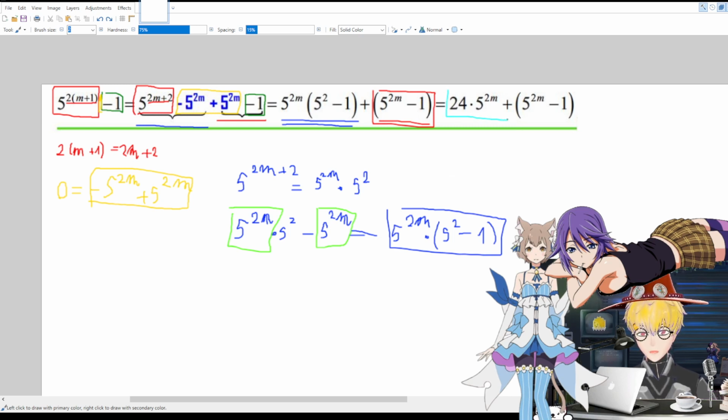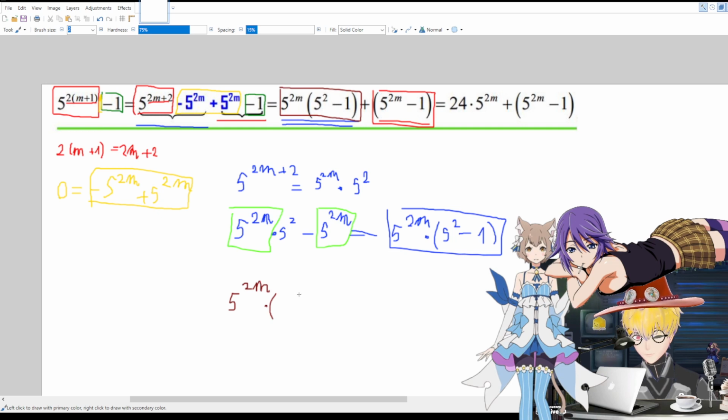Now to explain this section. I think it's pretty self-explanatory, actually. So we have 5^(2m). Also hard to see. Okay, let's start by just opening the brackets, simply put it. This is 5^(2m)